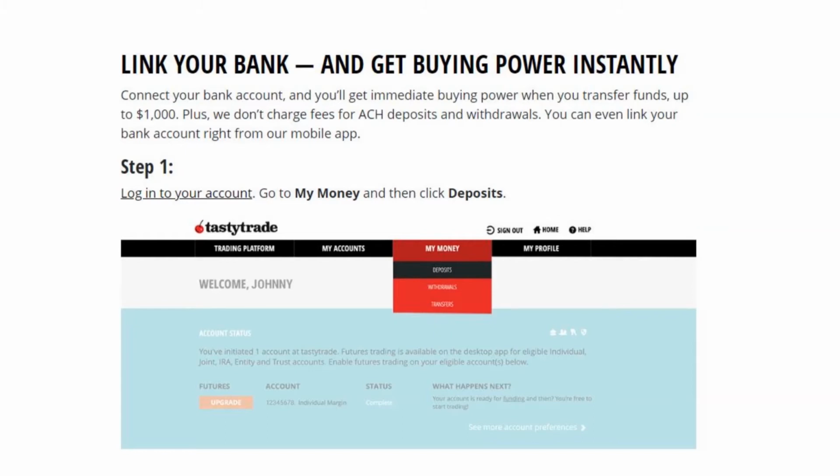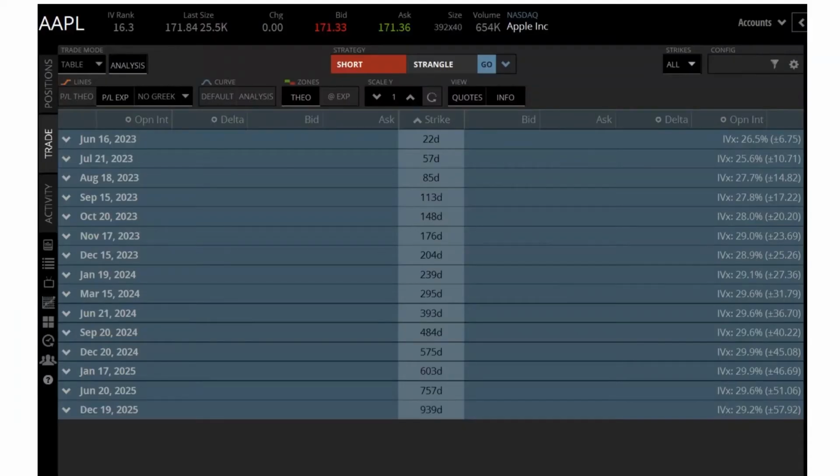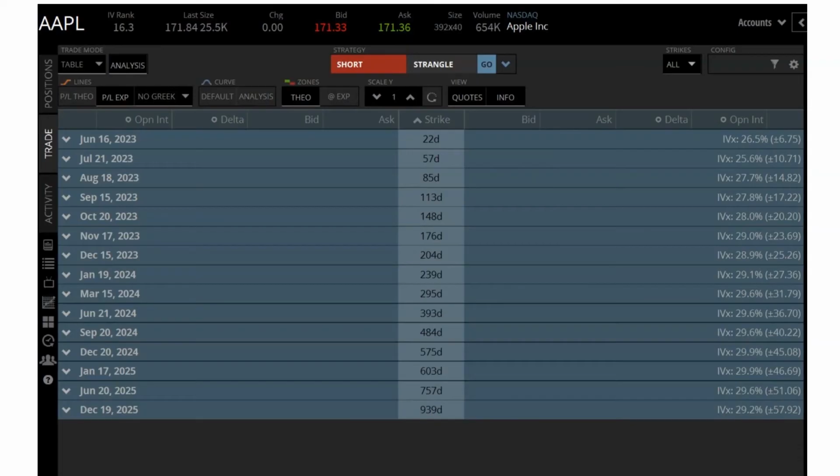All right, once set up, we want to pick the stock that we want to trade. I'm going to go ahead and choose Apple for today's example. Now everything is nicely organized on the Tastytrade platform, and we're going to go through it step by step. Everyone is familiar with Apple, so we punch in AAPL in the upper left and make sure that we are